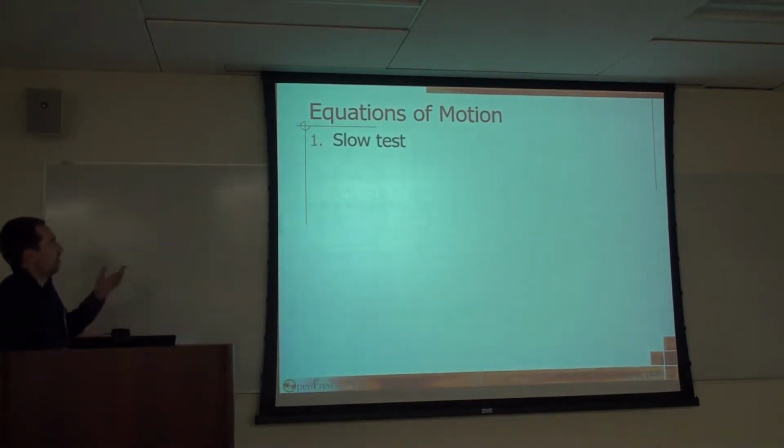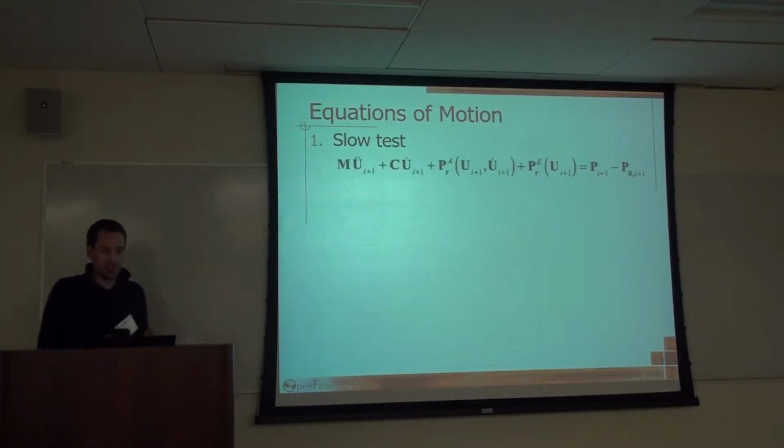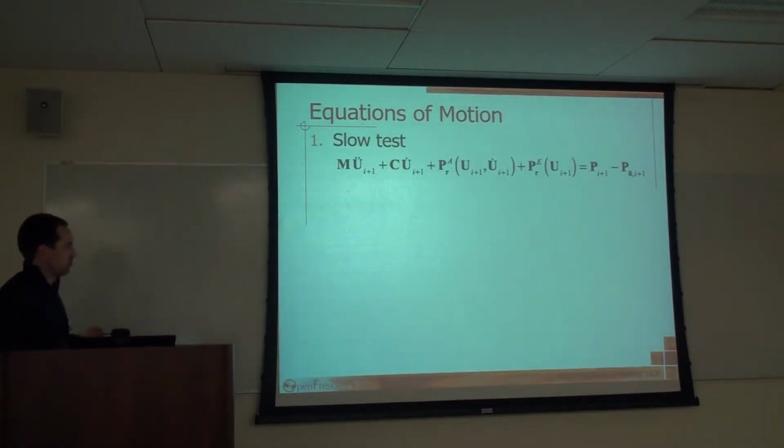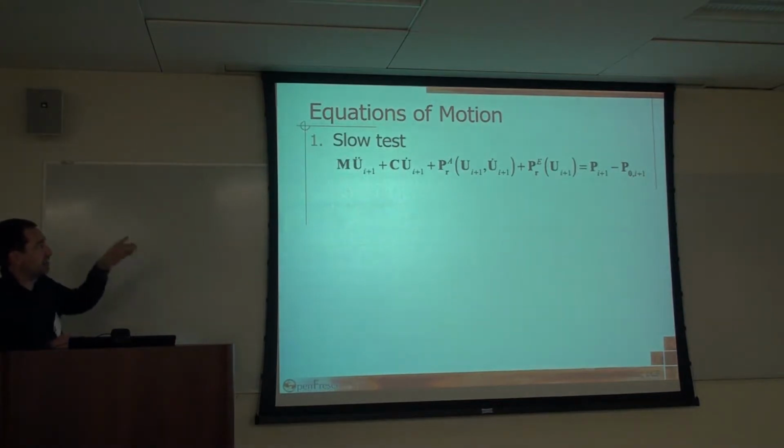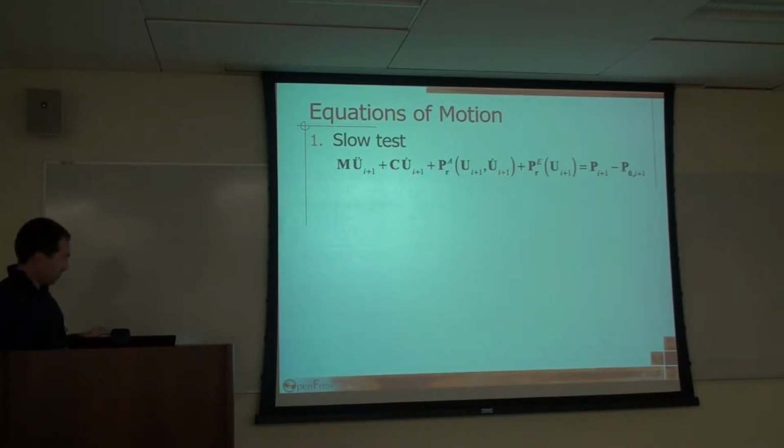So when we look, I'm also going to show some equations of motion, not too many. I just want to really highlight the difference between doing a slow test, a rapid test, and then a real-time test, and then the hybrid shake table test. In a slow test, we have the equations of motion as such, and similar to what Sean Gao just showed,